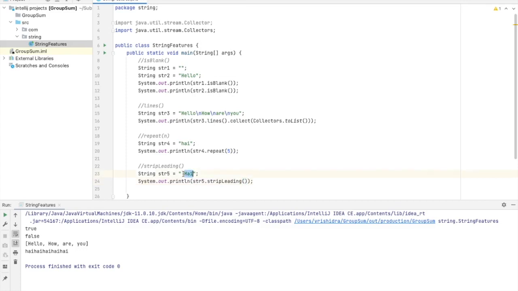You can see I have a space in front of the string, and by using the stripLeading method this empty space is removed. We'll run the code. Yes, that empty space is removed.